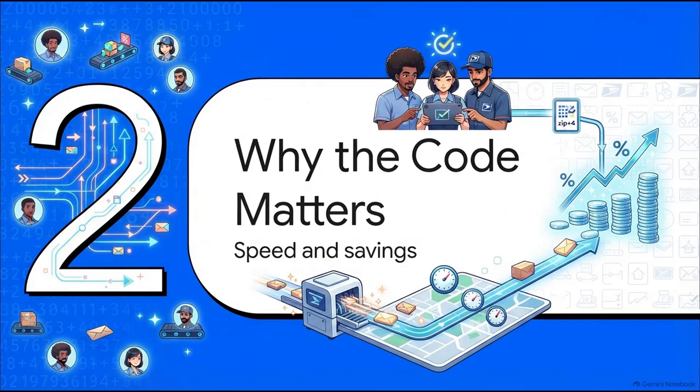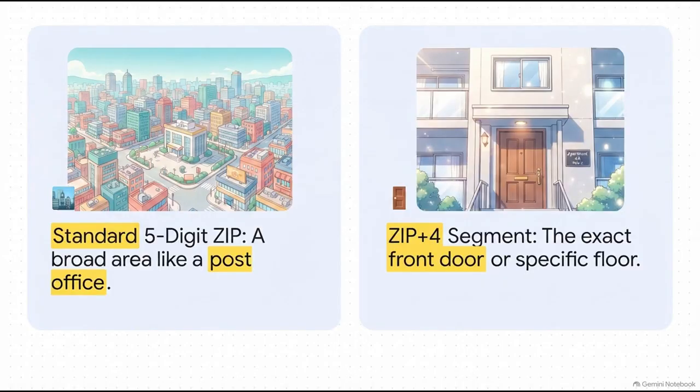Section 2. Why the correct code matters. Speed, accuracy, and savings. To really visualize this, think of this standard 5-digit code as the broad neighborhood, right? The ZIP+4 segment, on the other hand, is your exact front door, a specific floor, or an individual high-volume receiver. Think about sprawling university campuses or massive corporate parks where tons of departments share one basic address. That micro postcode ensures an urgent document reaches the exact right desk immediately, instead of just bouncing around a mailroom